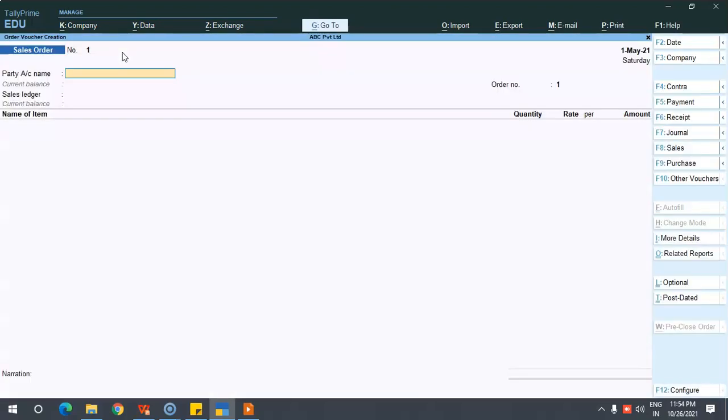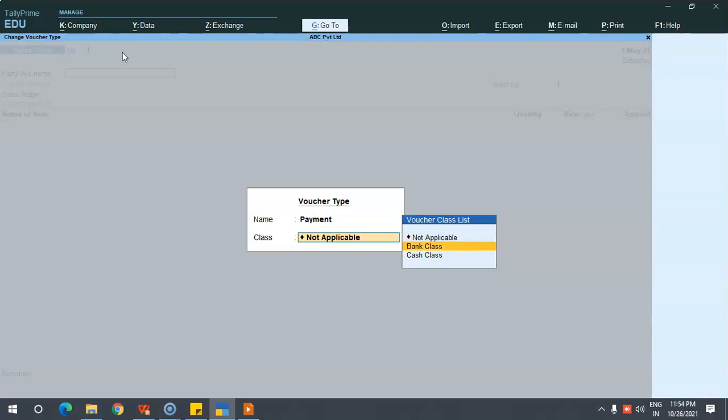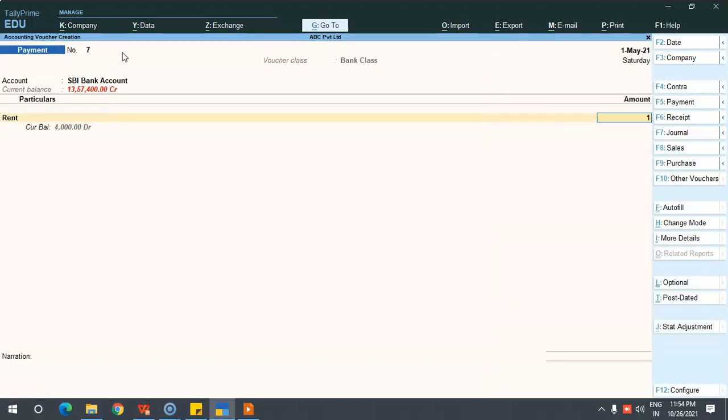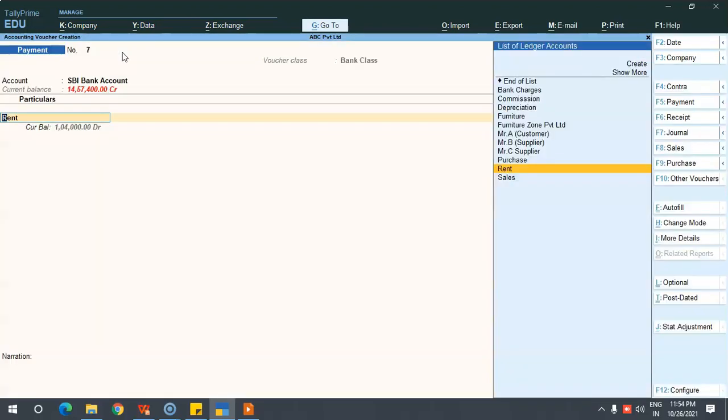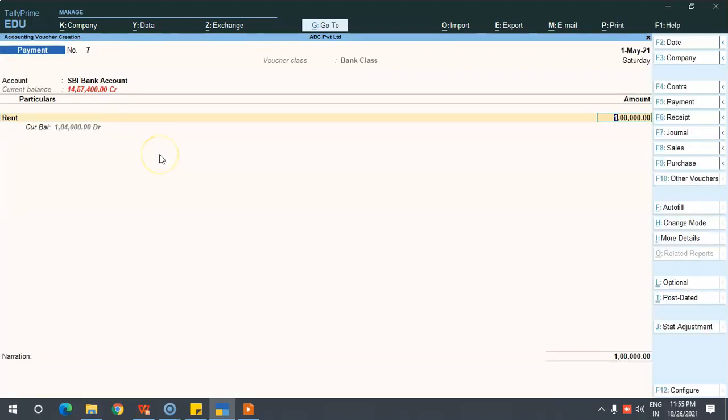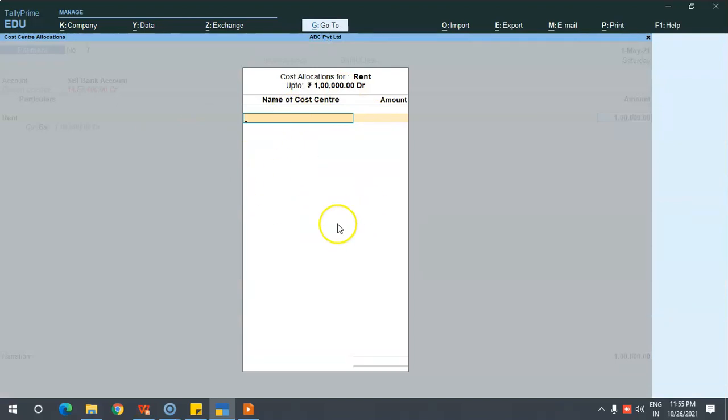Now if I want to make a payment of rent, see here, rent of rupees 1 lakh. Before that you have to alter the ledger and enable this feature, cost centers are applicable, to yes. Once you enter the number and click enter, you will have the cost center allocation screen.